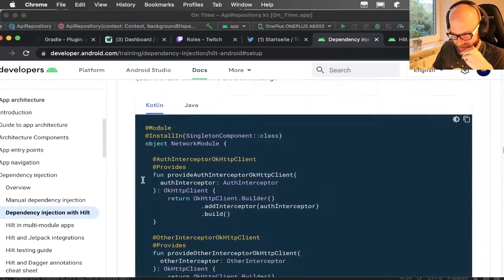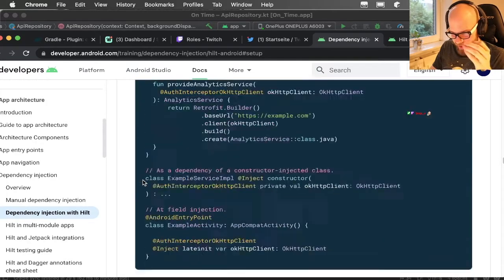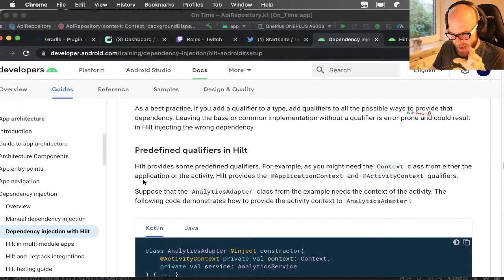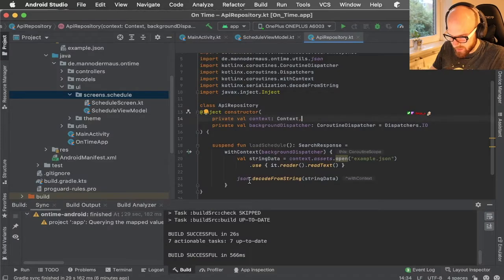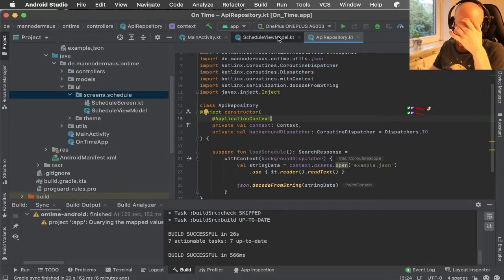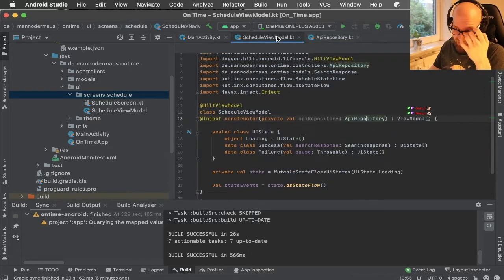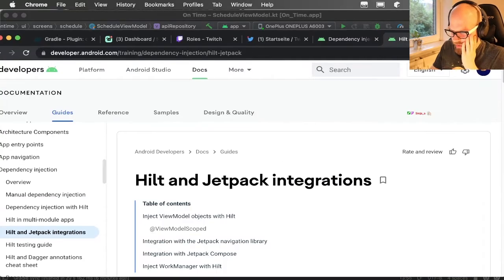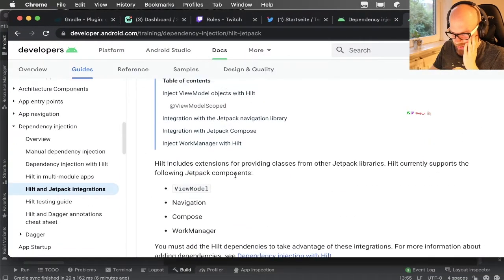Yeah, qualifier, no. There's got to be an annotation that says, hey, this is the app context. There you go. Okay, perfect. I could have tried that too, but... Perfect. I think this might now also already be able to resolve this. But what about this HiltViewModel thing? So how do I connect this to